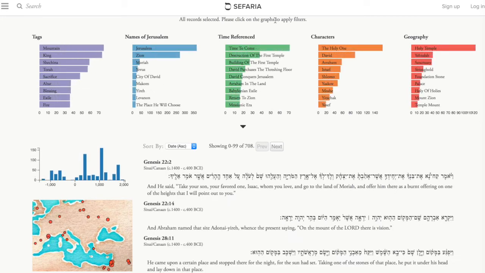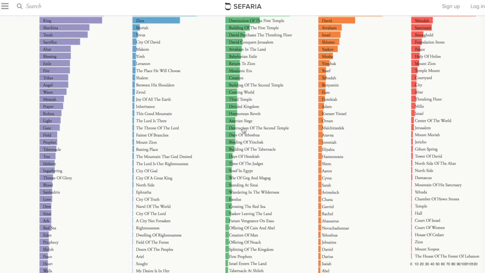Now, you've probably noticed that for these filters across the top, we're only displaying 9 of them, but there's a whole bunch of them. So with this arrow, I can see the full collection of filters up at the top of the screen. I'm going to pull down on this arrow. You see, it's a very long list.